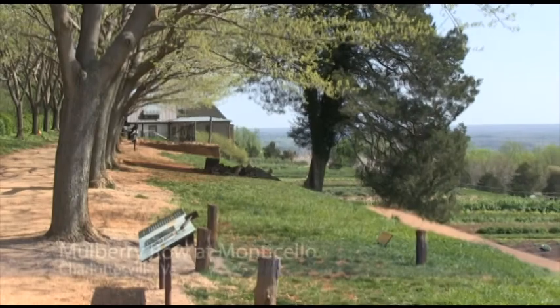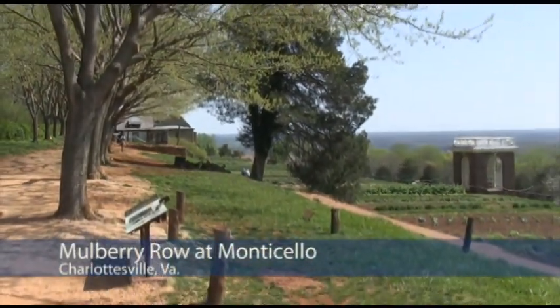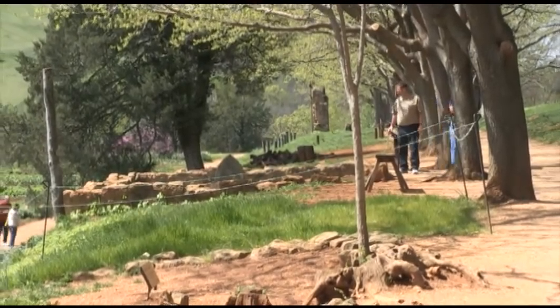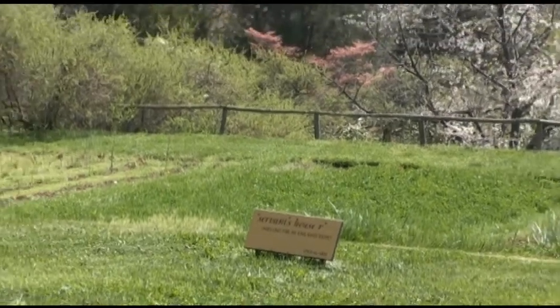Mulberry Row was the main street to Monticello. There were over 20 structures here at any given point in time. There were various kinds of workshops, slave dwellings, and it was a critical part of the life of the plantation. The project has to do with the work of archaeologists over 50 years in trying to determine what structures that